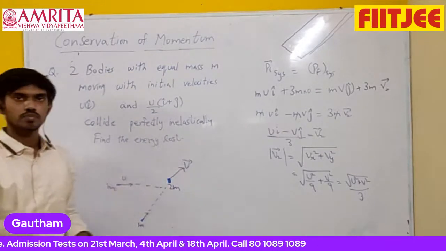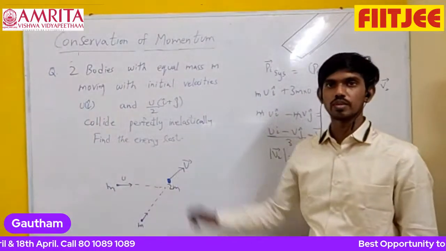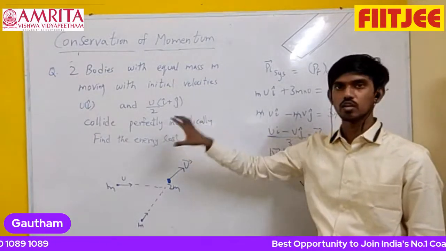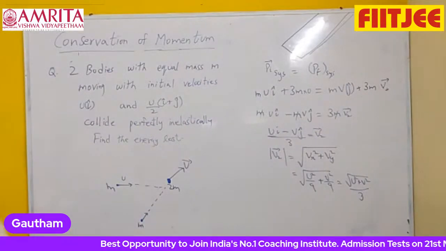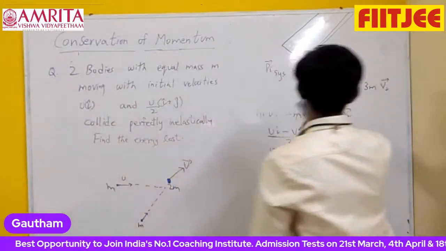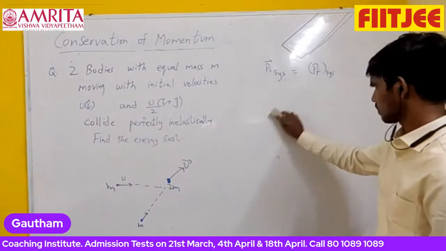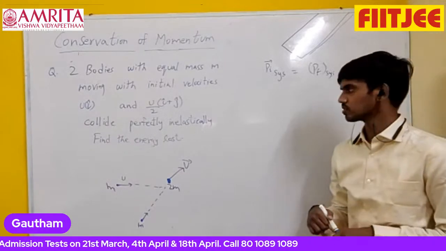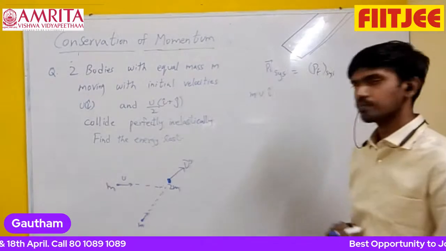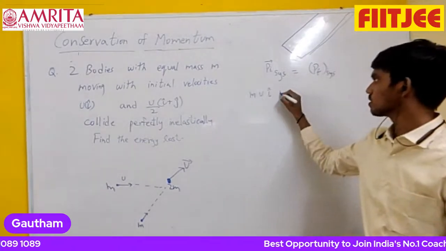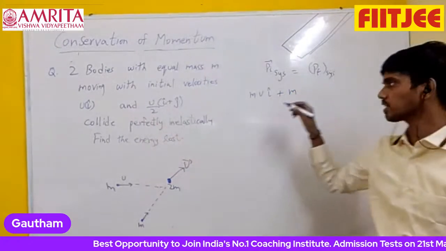So in the process, to find the energy loss, first we need to find the final velocity, and for that, momentum conservation. In an inelastic collision, momentum is definitely conserved, as in all collisions. So momentum conservation for the system, initial and final. Here initial momentum is m into u i cap, momentum of first body, plus momentum of second body, m into u by 2 i cap plus j cap,